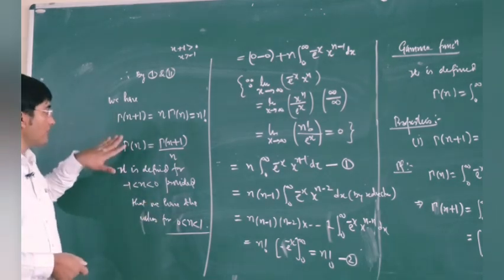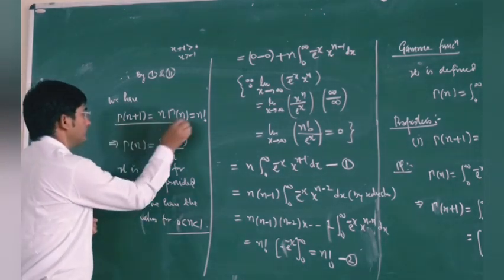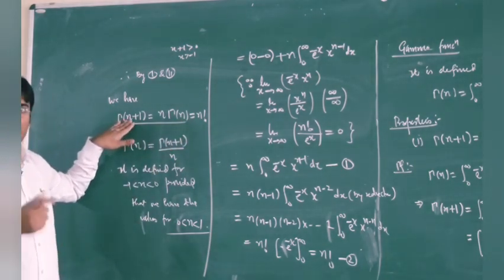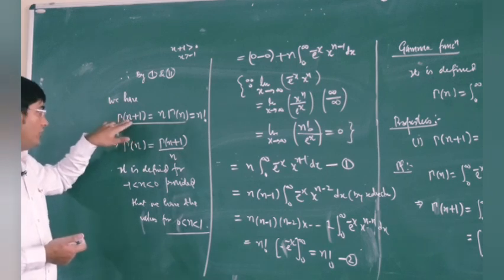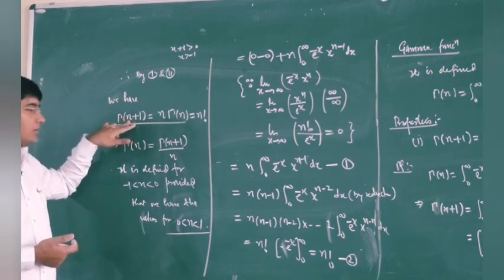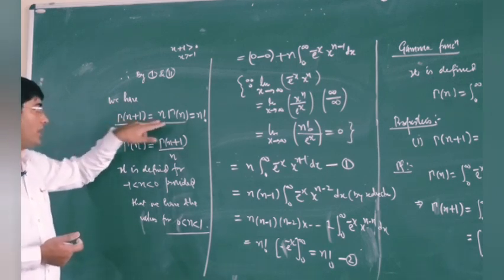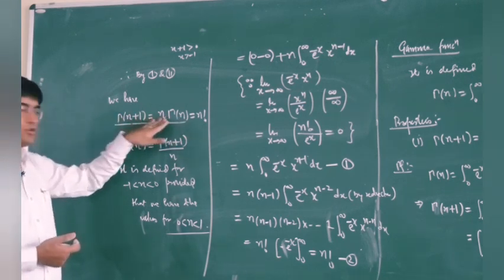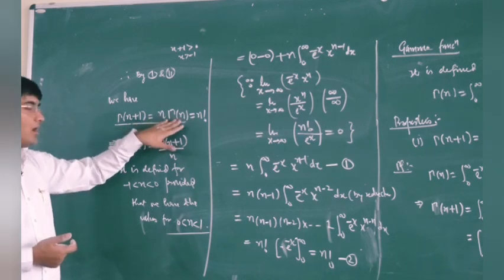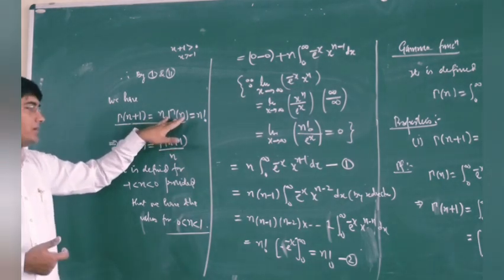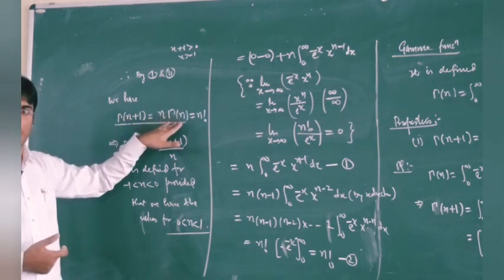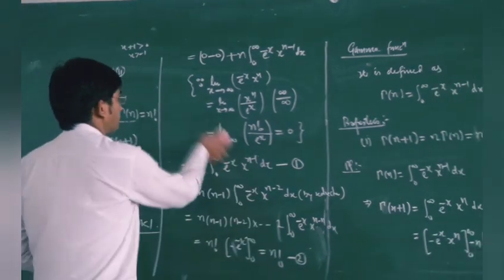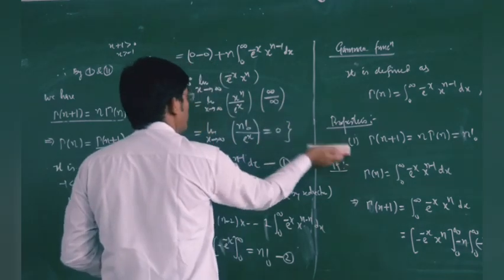Now we will use this definition when we do not have the integer value of n. So if your n is half, then here we will have gamma 3/2 and here we will have half gamma half. So we can have the value of gamma 3/2 from here, which is half gamma half. As your gamma half is root pi, so your gamma 3/2 will be half root pi. So let us evaluate the value of gamma half. So this is your first property.